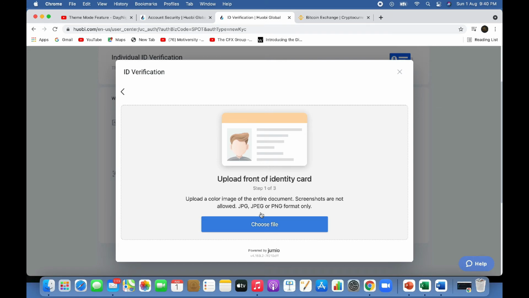Now, please understand, the first file will be basically your front page of the identity. Once the front page is already uploaded, the next will be to upload your rear page, the back of your identity, the reverse side of your identity. So make sure you do both of these, and make sure that when you do that, everything is captured correctly. All right, that is the most important thing.